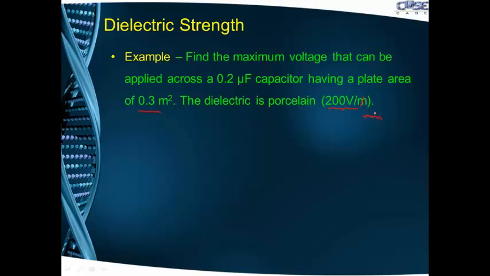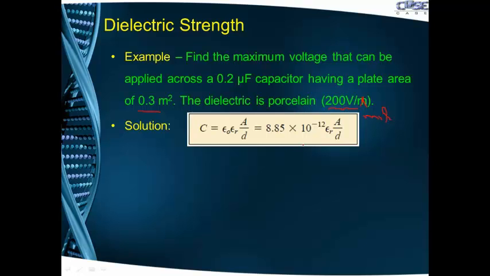So we would like to find the maximum voltage that can be applied for this capacitor having dielectric as Brockland, and its dielectric strength is 200 volt per meter, and this is the dimension of the capacitor plates. So with the given dimension of the capacitor plates, how much voltage we can apply until this dielectric would break down. So from the relationship of capacitance, we have